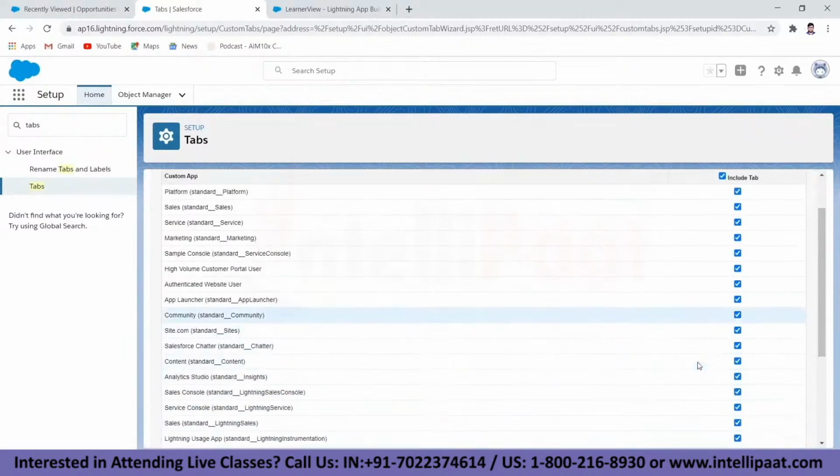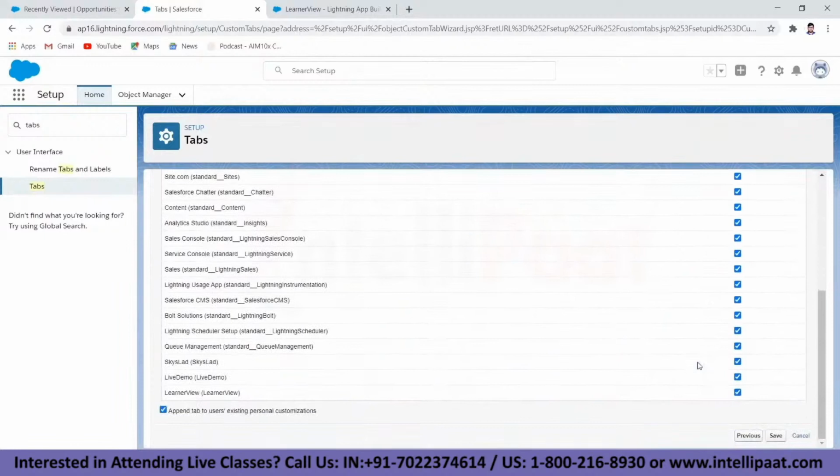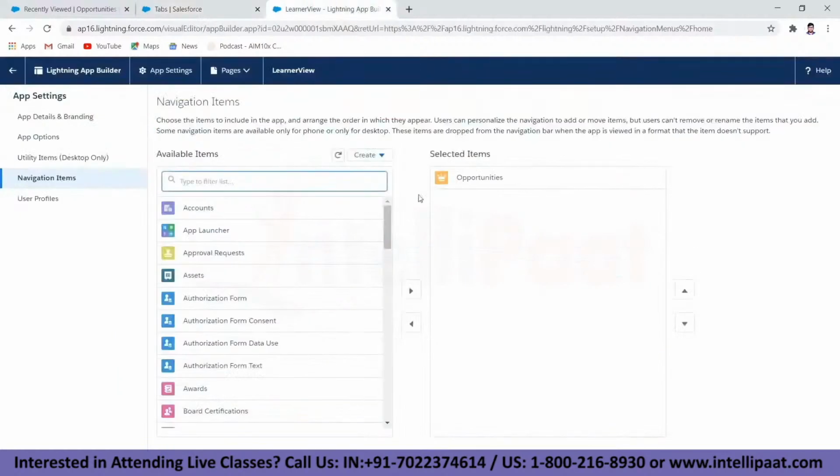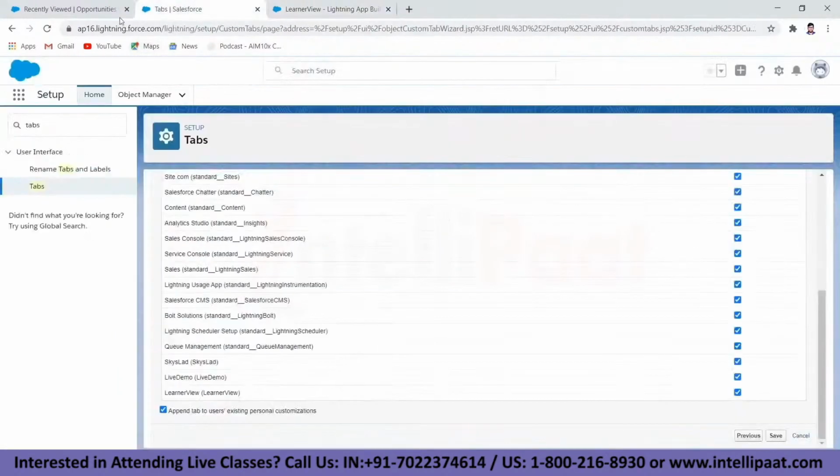And again, which applications you want to add it to. You can see by default it is added to learner view. If we see now in learner view, only opportunities is there. Now let's quickly save this. What it will do is add it to all of the pages which are out there. When you are doing this, you can select the custom pages you want to add it to, but for now it's just going to be saving it.